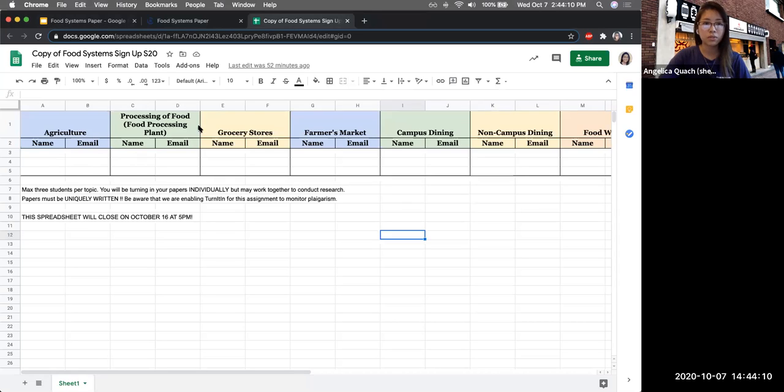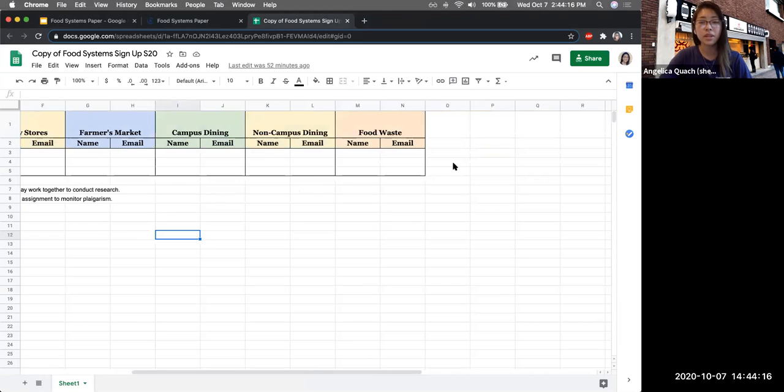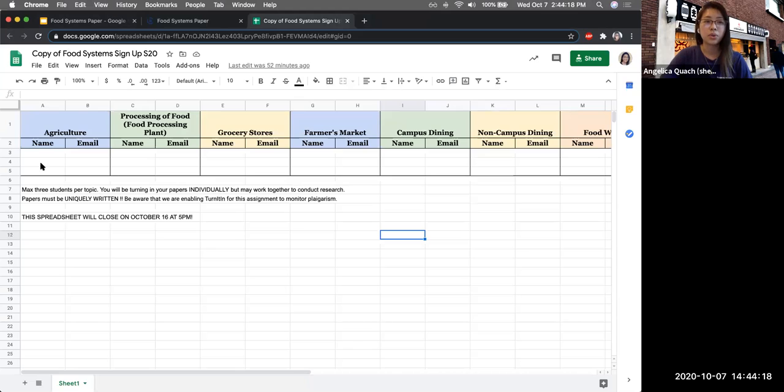There's agriculture, food processing plant, which is basically covering processing of food, grocery stores, farmers markets, campus dining, non-campus dining, and food waste. So there's only 3 students that can work on a single topic. You have to turn in your papers individually, but you can work together to find research or resources that you would want to use in your paper. So again, even though this might seem like a collaborative effort, your papers do need to be written by